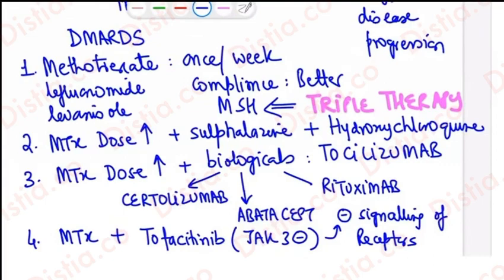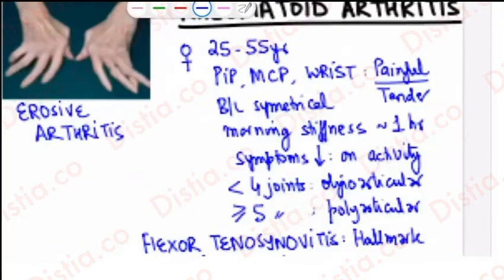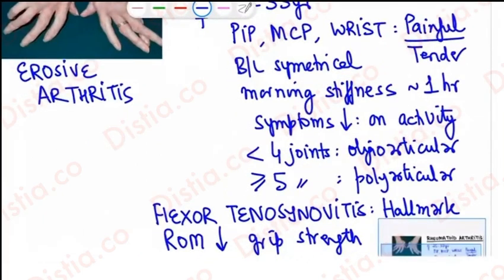Do not answer NSAIDs per se in management of rheumatoid arthritis, because I've explained to you the NSAID component has actually shown, as I said, you see, fire is burning and you are just suppressing the fire transiently or partially, so it's going to cause a deep-seated damage. The erosive component that comes in once the disease occurs and once you get this ulnar deviation of the hand, or very peculiar terms might be written sometimes, like I'll add one more term here, like sometimes you will read